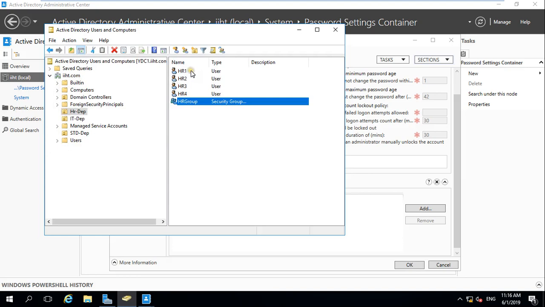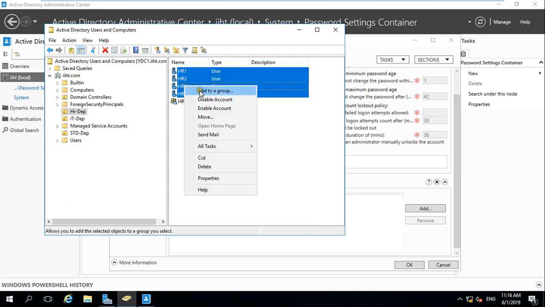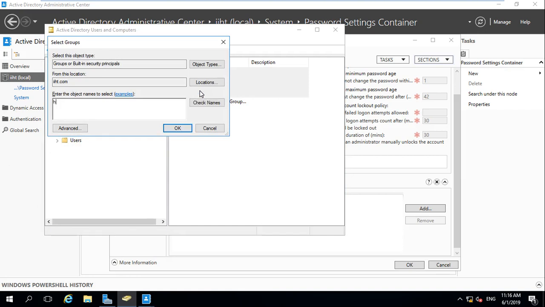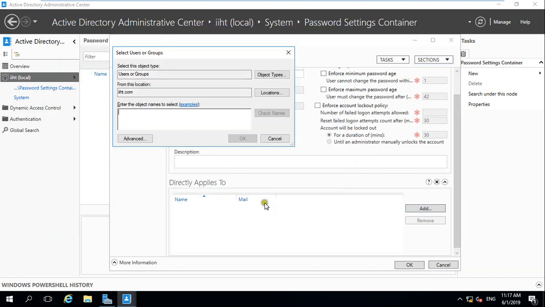And then we have to add all these users to that group, the HR group. When we have added them, we come here and add that HR group here.